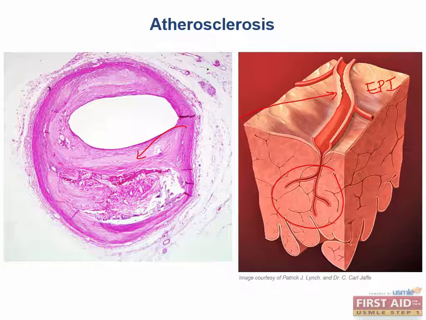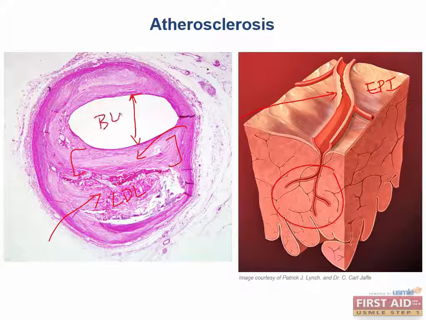So let's focus on the microscopic image because that is where most of your questions are going to come from. So again, we have our fibrous plaque, and you can see these LDL crystals in here. They're surrounded by very pink staining collagen. Remember, when macrophages explode, they release fibroblast growth factor and fibroblasts start depositing tons of collagen in the intima. What are the complications? Well, the complications are going to be from a decreased luminal diameter and all of the good thrombogenic stuff that's sitting in this core. This fibrous cap is all that's keeping the blood within the lumen from being exposed to all the thrombogenic contents